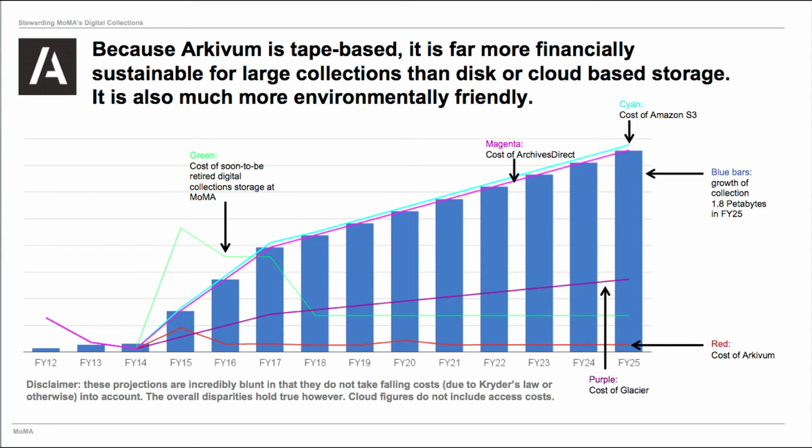Archivum is the lowest here. Obviously, this is a no-brainer. Data tape is much more affordable than hard drives. We're talking double-digit costs per terabyte versus 3-figure costs per terabyte. And the little bump you see here is when, in 5 years, we refresh all of the tape media and replace with a future generation of LTO, which not only refreshes the media, but it also means that we never